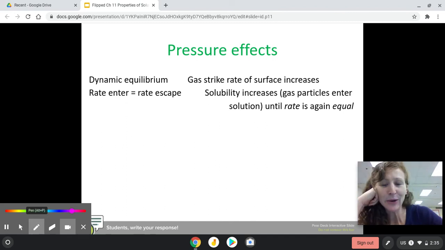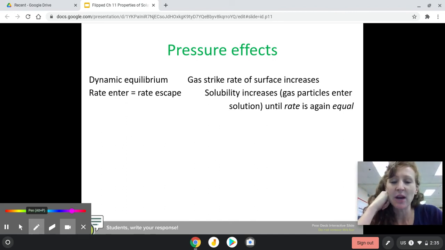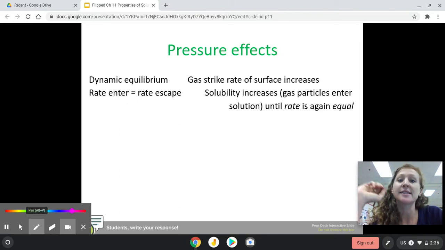All right, here we go again, part 2 of chapter 11. So we're talking about solubility and about other properties of solutions. So in terms of solubility, how the pressure affects solubility, what we're really going to talk about is the solubility